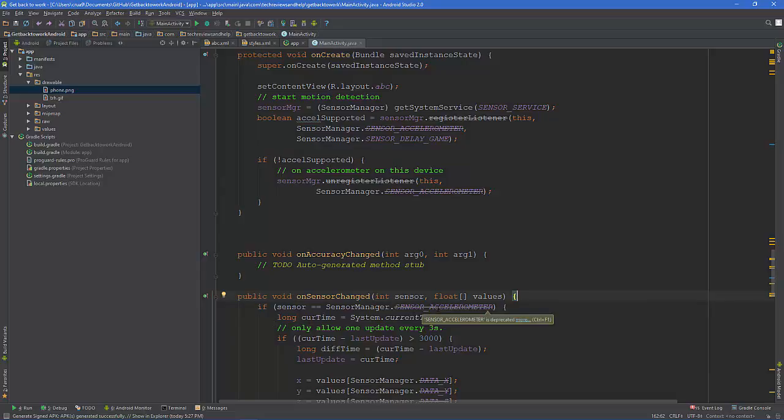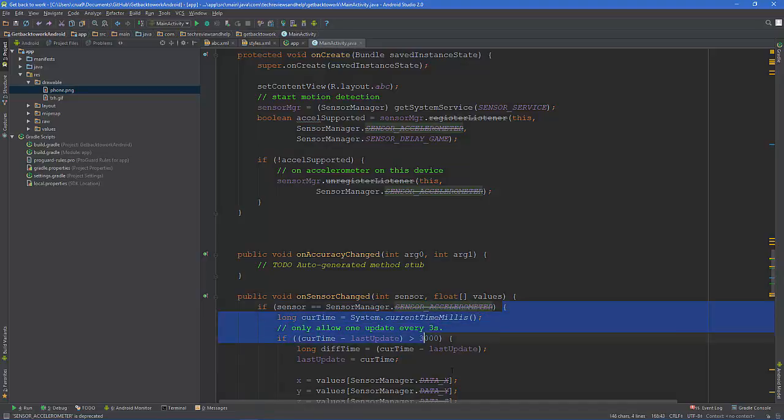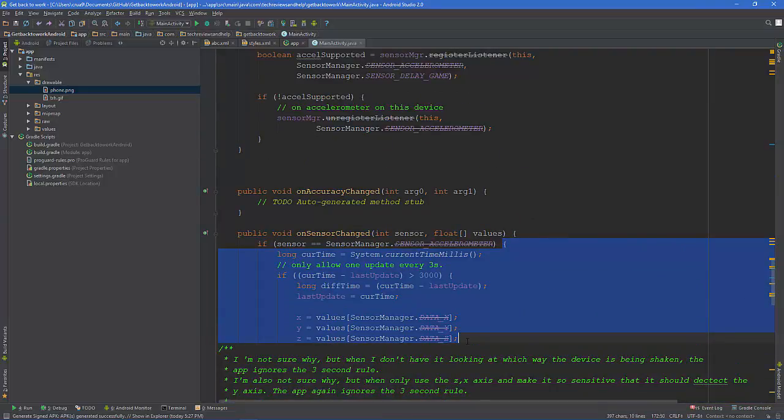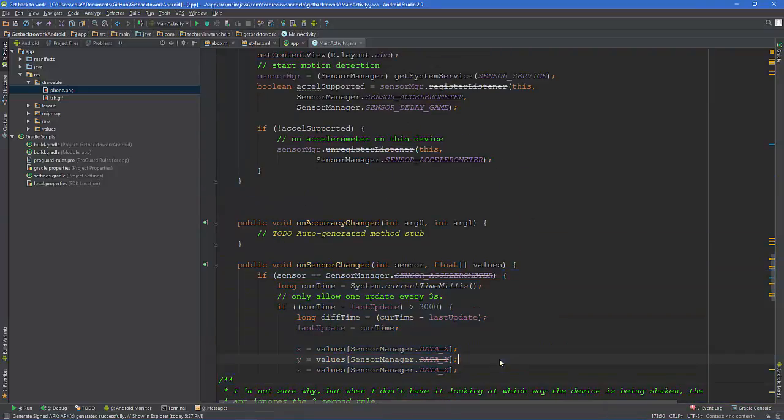So that's important to note, that's totally possible. Now, basically all this is saying is if this has a sensor and it's an accelerometer and it's on, then do all the following. Right now we don't even have an else here, and it's doing all the following. Fine. So right here we got another if, and it says if current time minus last update is